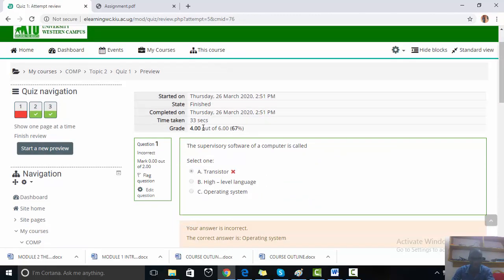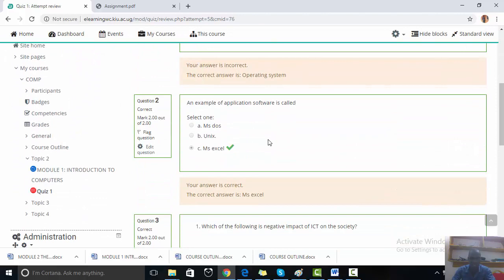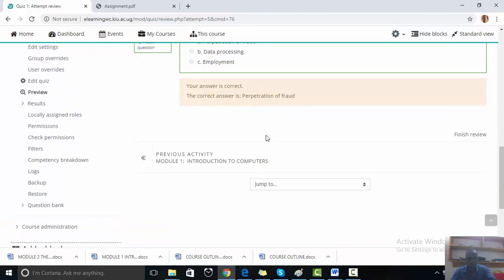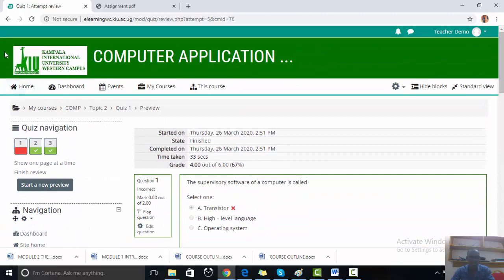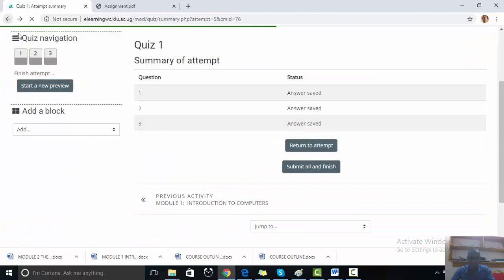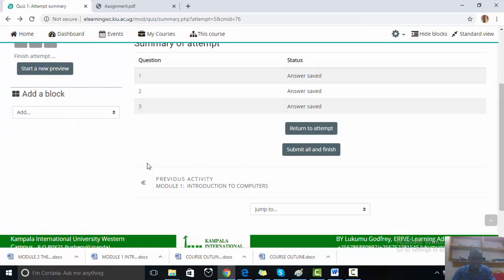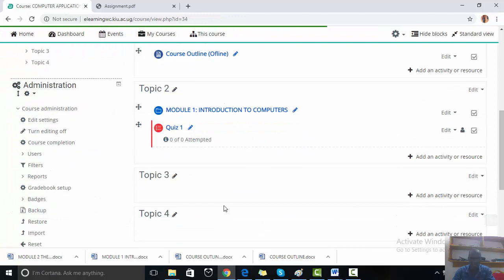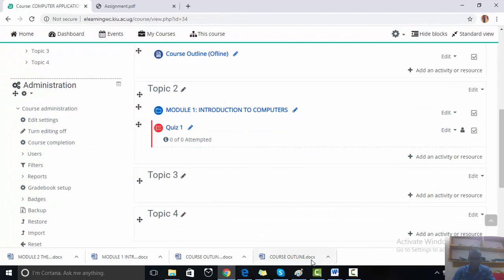The system will grade the student and even show he has gotten 4 out of 6, which is 67%, and then show the student what the student passed and what the student failed. So that is as per the quiz, how it can be arranged or uploaded for our students to access the quiz. Then the other format of the